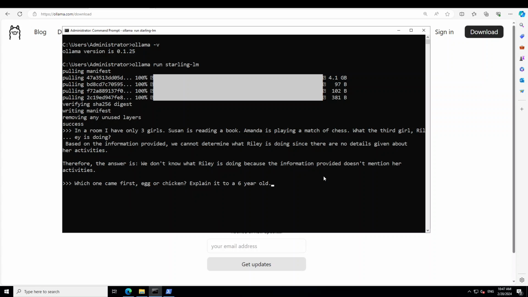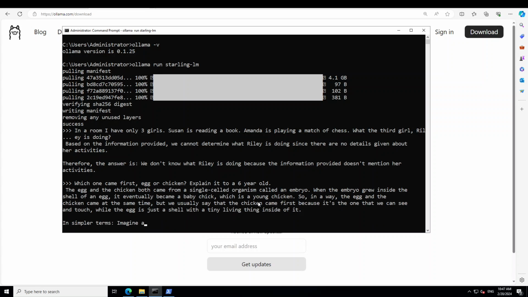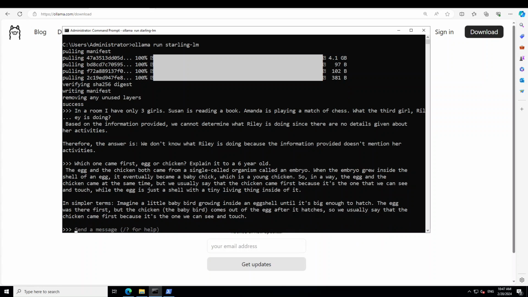which one came first, egg or chicken? Explain it to a 6-year-old. Let's see. There you go. So it is explaining to the kid. That is good. Awesome. So you see that it's very simply explained. The little baby bird growing inside the eggshell. Awesome. Beautiful. Okay, let me